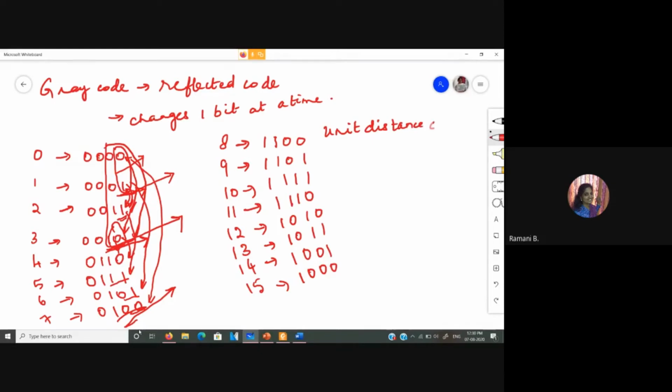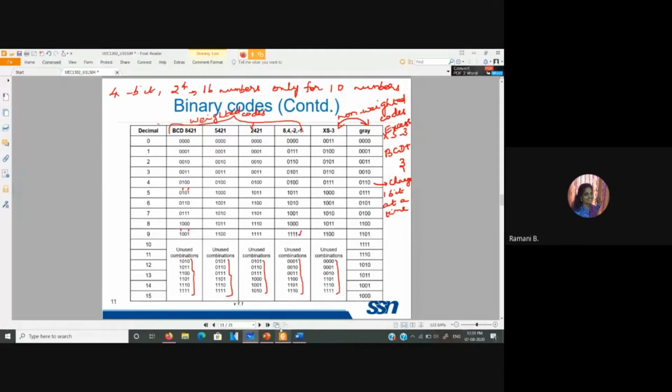And this particular gray code is mostly used wherever you use some motor, such as a stepper motor, where the shaft position or the angular position changes. In such cases you do not want multiple bits to change at a time, because if there is some delay in the other bit position change, there will be a serious error. So for such problems, if they are using digital design, they will be using this unit distance code. Okay. So now coming back to the reflective code.